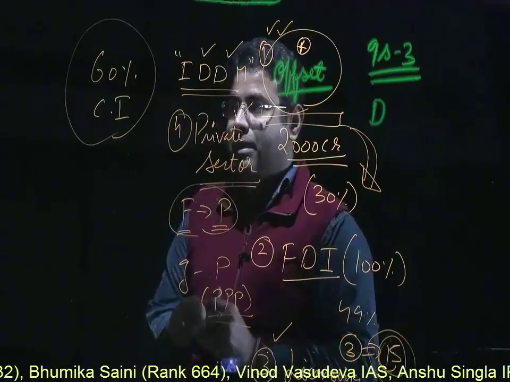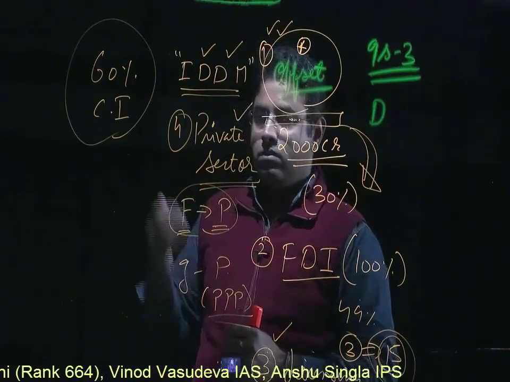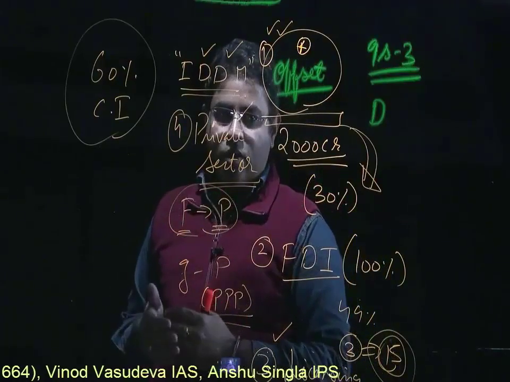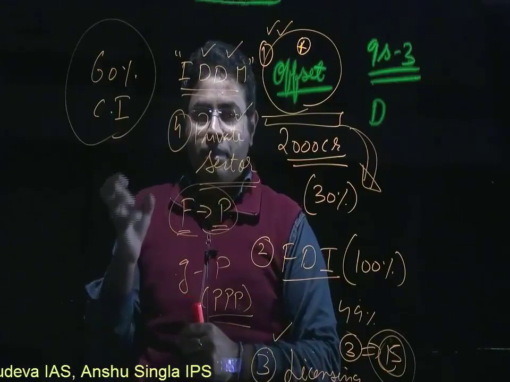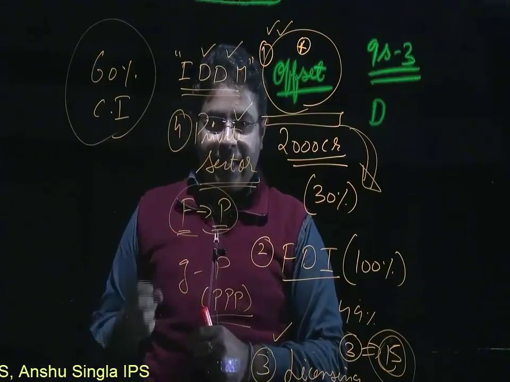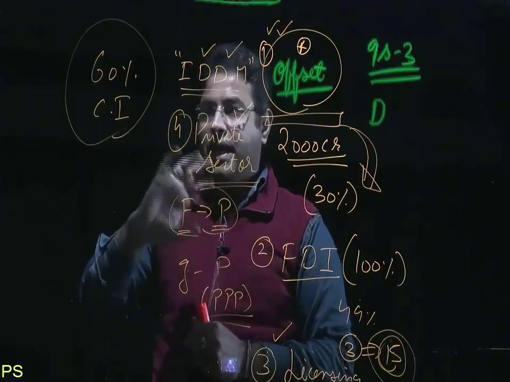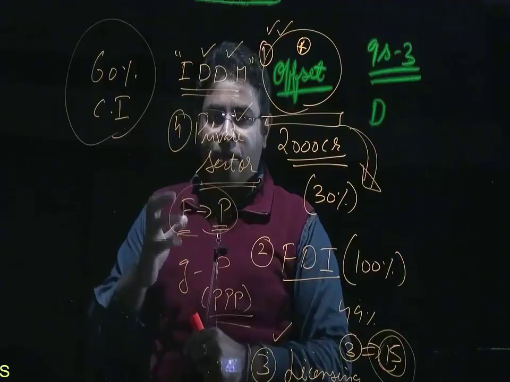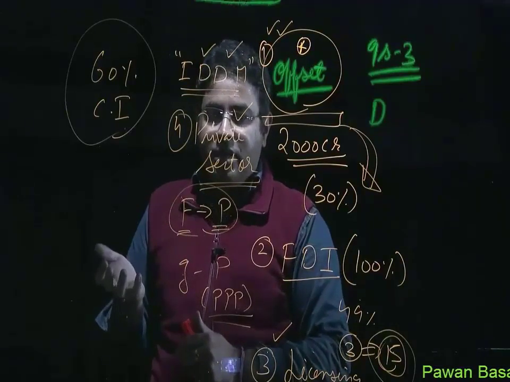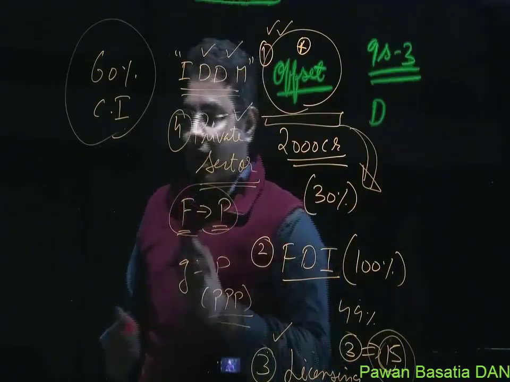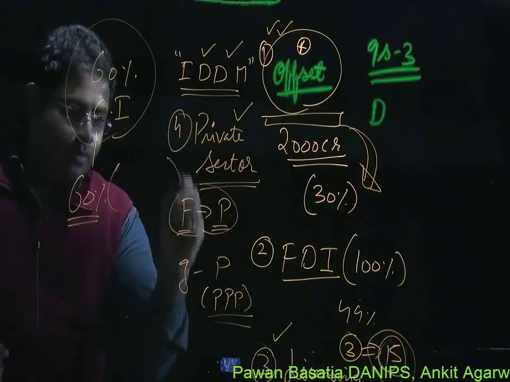It means that whatever amount the government is spending on defense, 60% of that amount is spent on purchases, like for buying tanks, missiles, and ammunition. So the government is buying all these products, and out of the spending the government is doing on the capital aspect, 60% is from